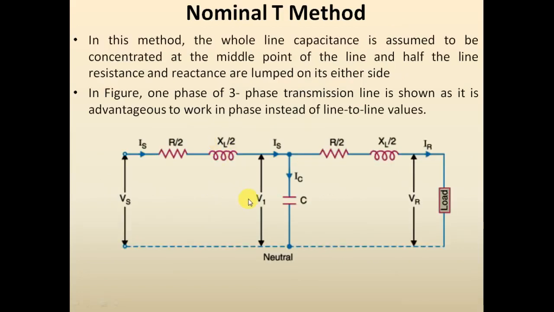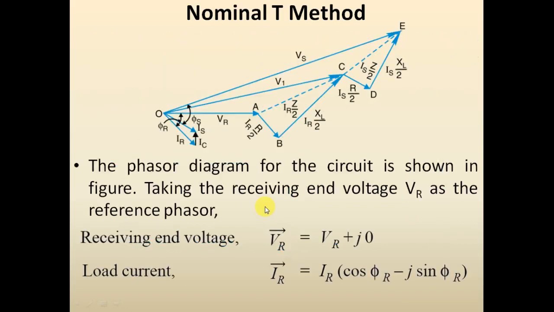From this equivalent circuit, it's very clear that the current which will be flowing through this capacitor will be leading the voltage across it by 90 degrees. So you can draw this vector IC perpendicular to that of the voltage vector V1. While drawing this vector at the tip of this IR and taking the sum of these two vectors IR and IC will be giving you the value of IS. That is, to get the vector IS, you have to first draw a line at the tip of IR perpendicular to that of vector V1. That will be indicating the vector IC,